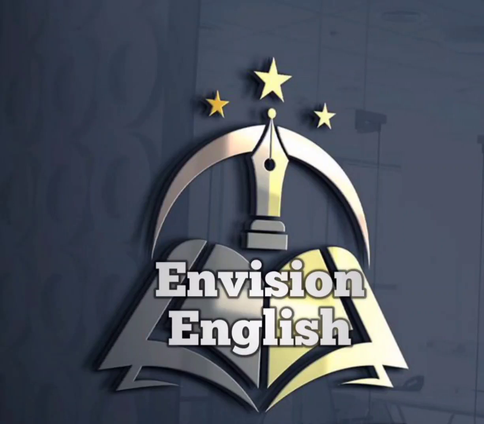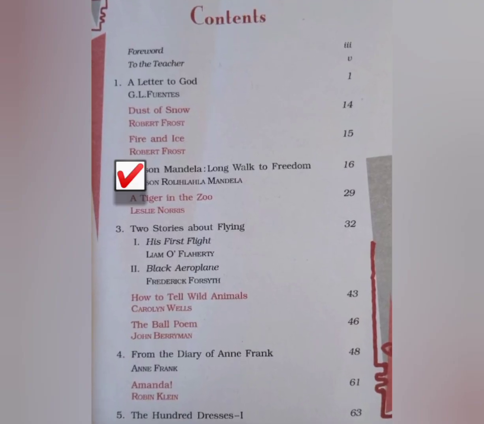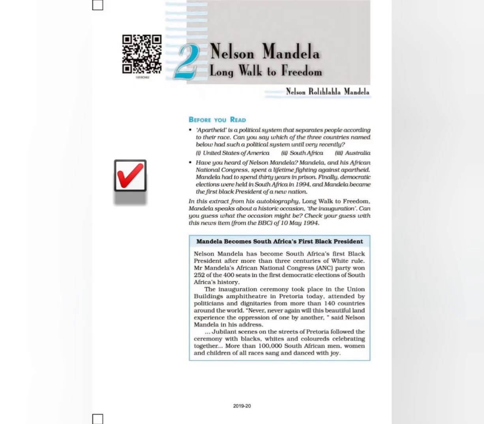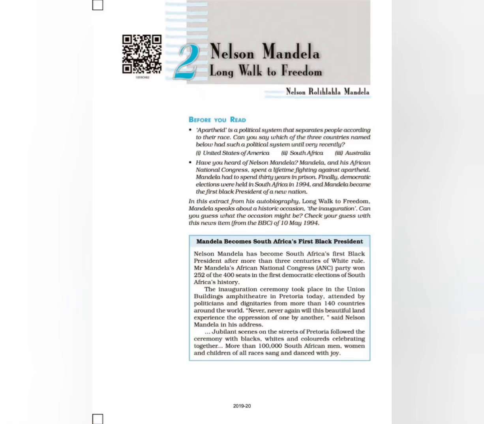Today, in this series of lectures on CBSE English, we are going to have a look at Unit 2, Nelson Mandela, Long Walk to Freedom, which was written by Nelson Rolihlahla Mandela. In this lesson, before we read, we have to understand the importance behind this text. It will help you to understand racism, colonization, white supremacy, what happened in South Africa, who came to give the freedom of South Africa, how many of them fought for the freedom of South Africa, and for what reason they have been colonized.